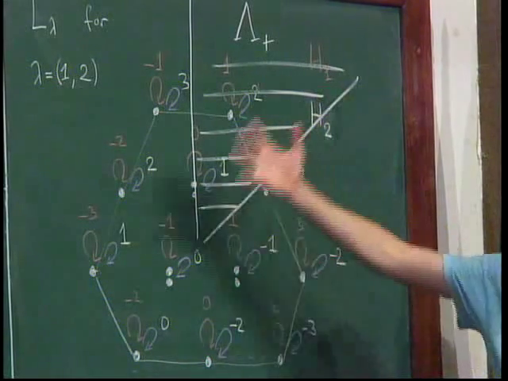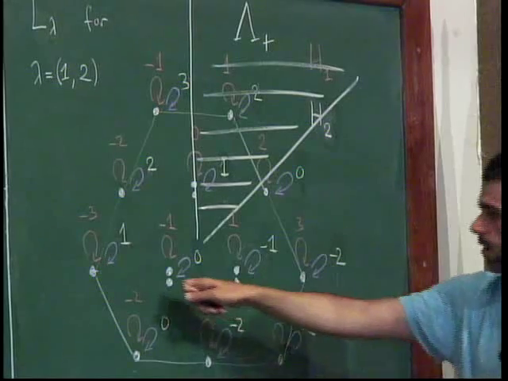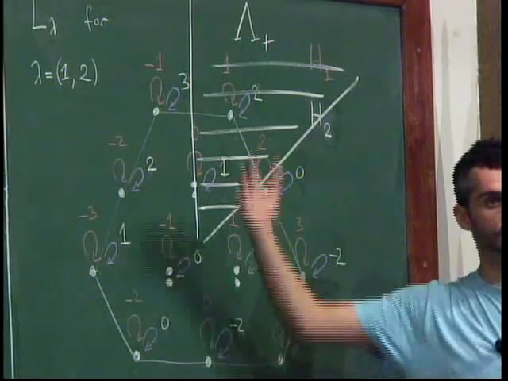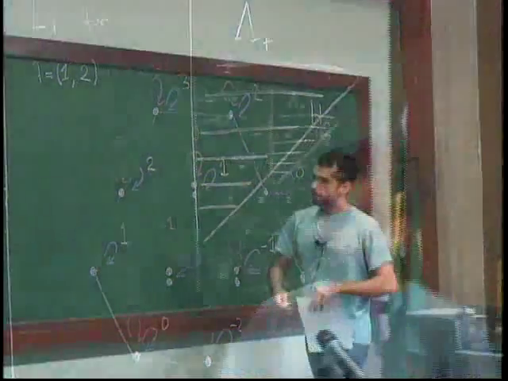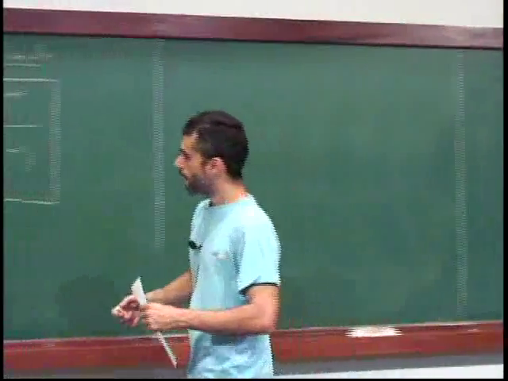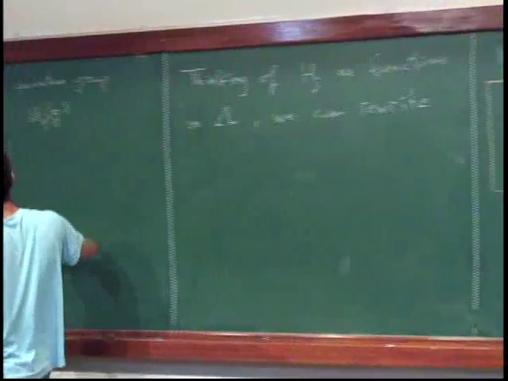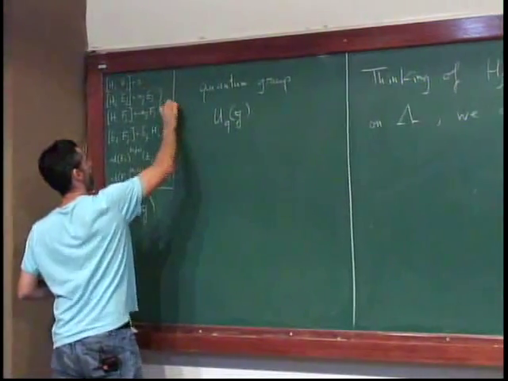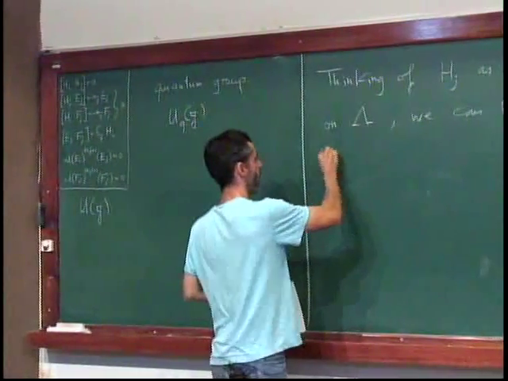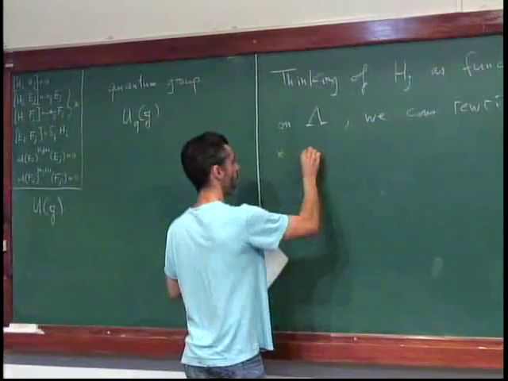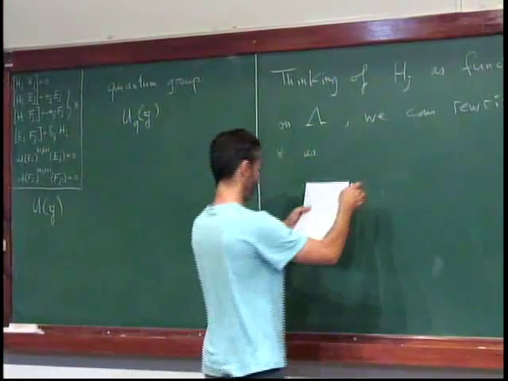It's the function on this lattice which takes the value 1 here, the value -1 there, the value -2 there, and so on. Then we can rewrite these relations as